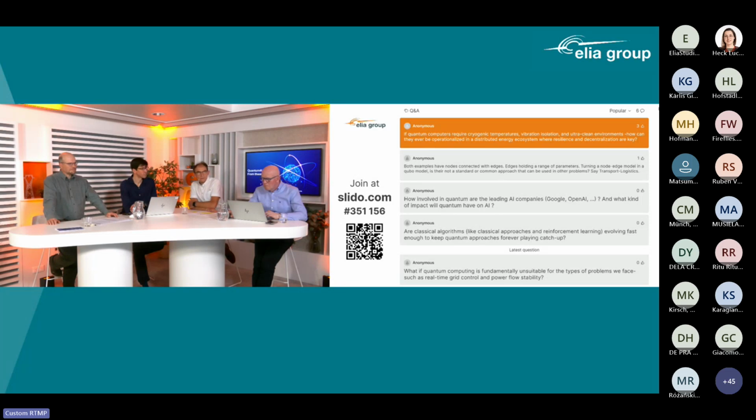So indeed, if you take superconducting technology like we are using, you need that cryogenic equipment, those cryogenic circumstances. Of course, that is in the data center. So we have 12 quantum computers running in the cloud. They are, of course, in the ideal situation. They are in the cryogenic equipment, and of course, the stability, no vibration. It's all there. It's equipped to be there.